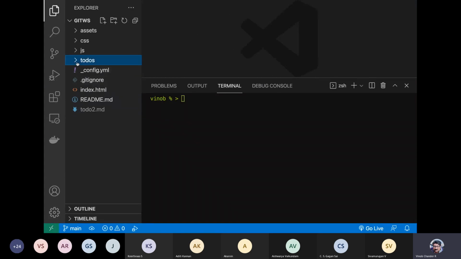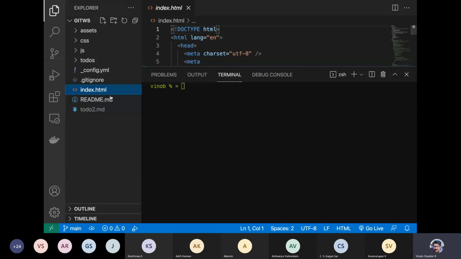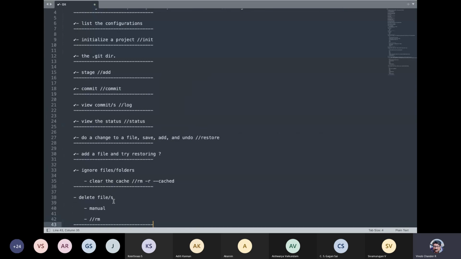Okay, so let us say for example, you want to delete a file. You have this index.html as well. Okay, so let us take this, say for example, and say if you want to delete this particular file, right? So you can delete it manually.